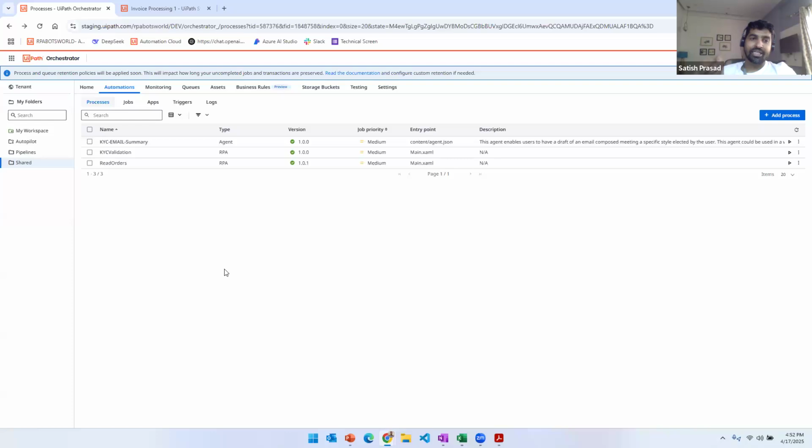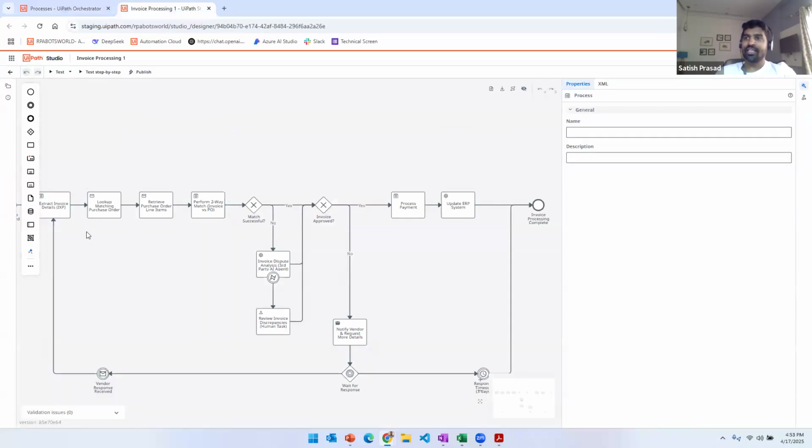Those configurations will remain in the orchestrator, right? What this is saying is which process you want to run, where it will run, which account it will run on, which credential it will utilize. All those will still be handled in the orchestrator itself. So everything will remain the same for the RPA process.